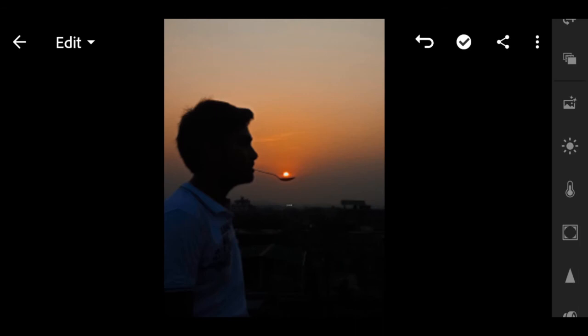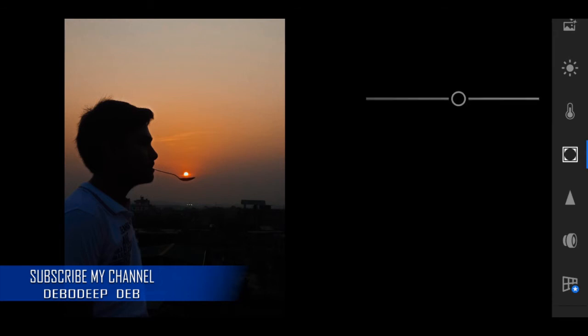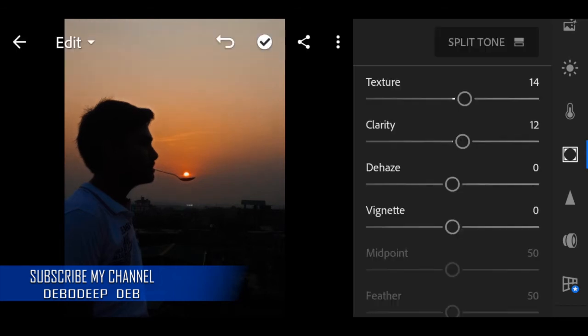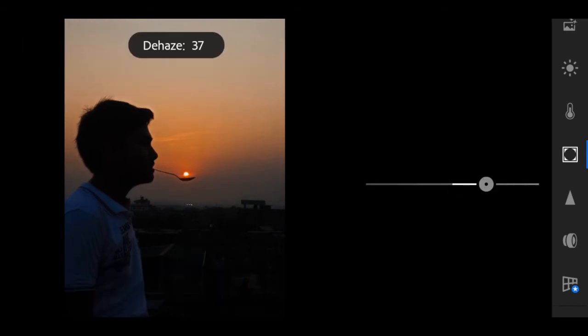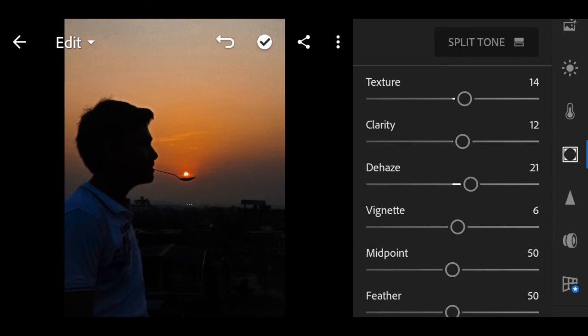So now correct the clarity and textures. Now let's give a nice tone in this.